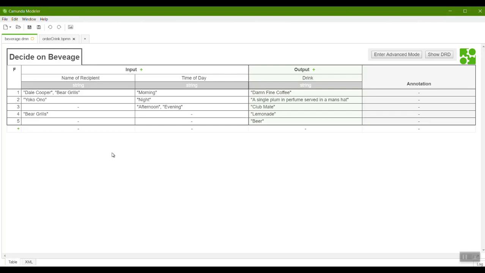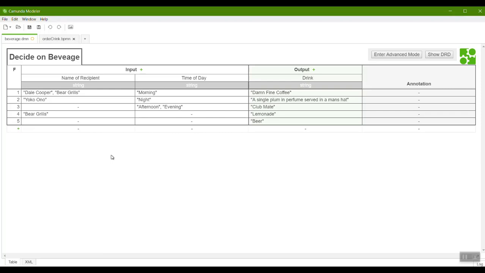So this DMN table has, as we said, two inputs, but if we wanted, let's say for instance, the end user to type in the name of the recipient but the hour of the day it currently is, we would need to do some sort of calculation to work out, does 6 a.m. mean morning, or does that mean night? Depending on the kind of person you are, that might mean one or the other. So I'm going to add an additional table that's going to give us some data about the time of day based on the input from the user.